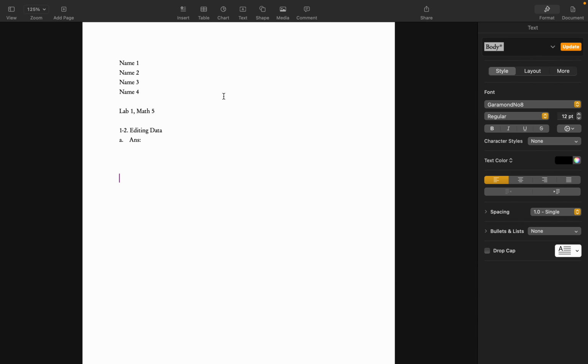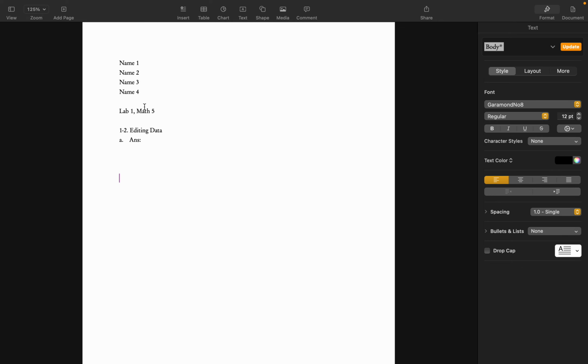And so what you want to do is you want to put all the names, your name here, your full name, and maybe up to, and again, you can work with up to 4 people. And so you want to put everyone's full name. And again, and so let me just be clear, you only need to submit 1 lab for your group. Okay, and so I'll just distribute whatever score you get to the 1 through 4 people that are here. Of course, if you just want to work by yourself, that's up to you. And then simply just put the lab title here, Lab 1, Math 5. And that's it. That's the only data that I really need.